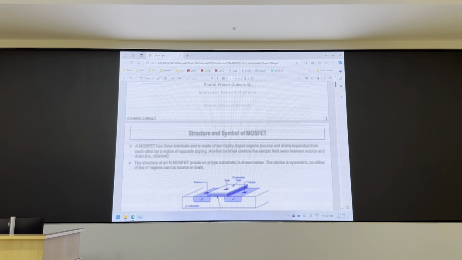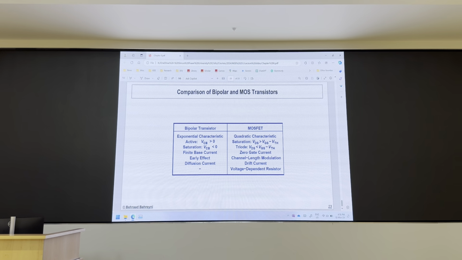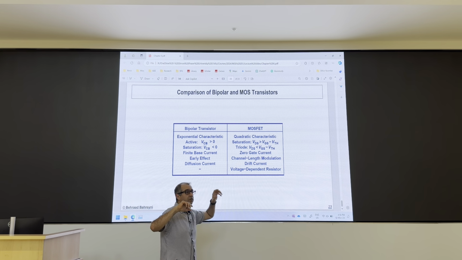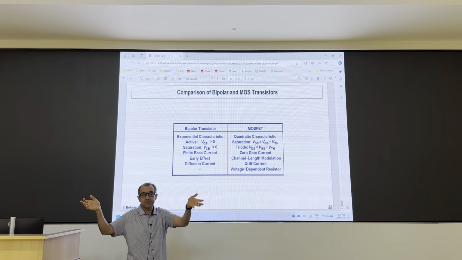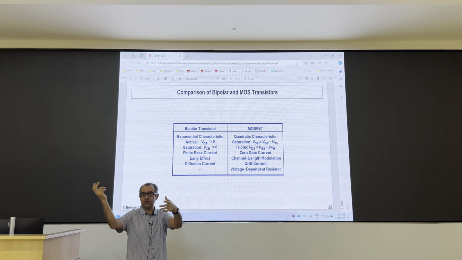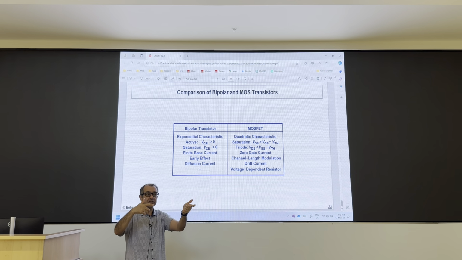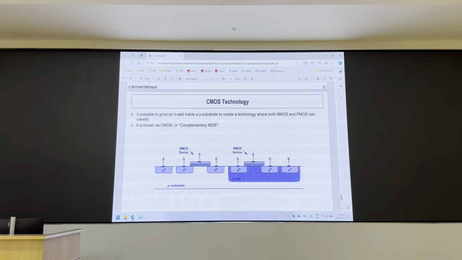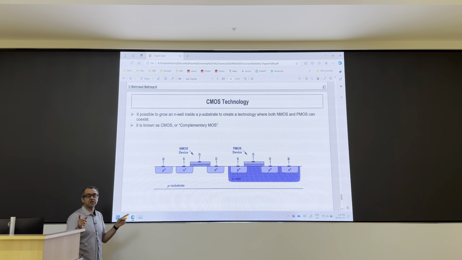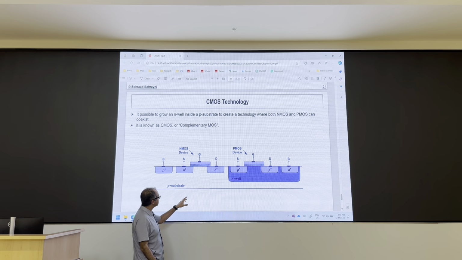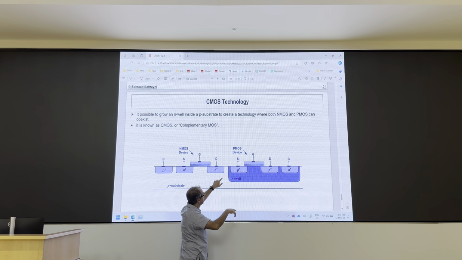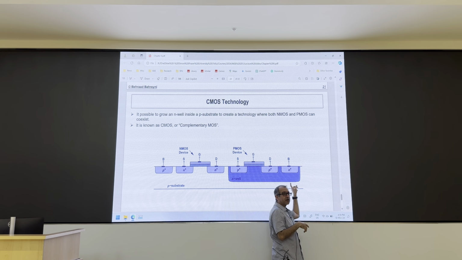Yeah. So as you noticed, we make PMOS and NMOS devices on different substrates. An NMOS is made on a P substrate, a PMOS is made on an N substrate, right? So that means you cannot make them side by side on the same substrate, because your wafer, whatever you produce, is either N-type or P-type. Right? So when you hear about CMOS technology, in CMOS technology they make both of these devices, NMOSes and PMOSes, on the same substrate. But what they do is take one type of substrate, either P-type or N-type,